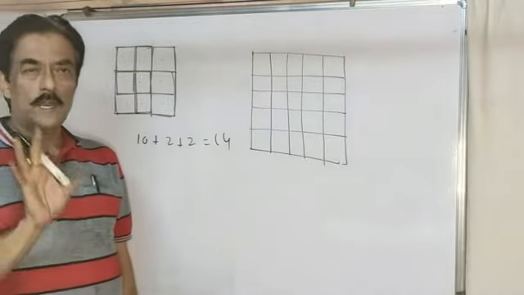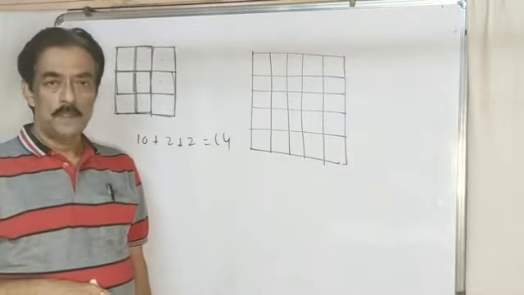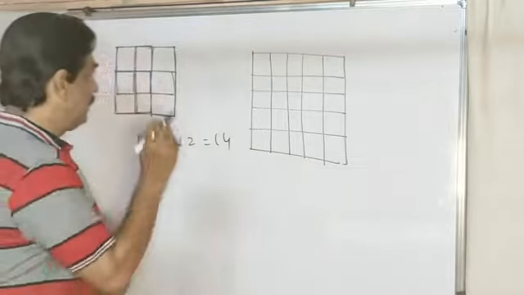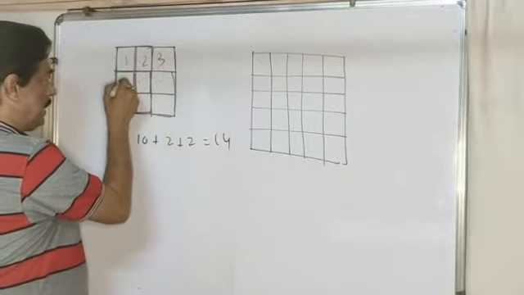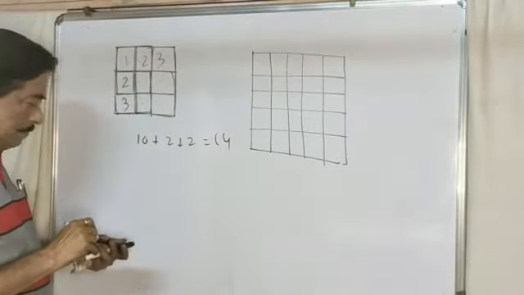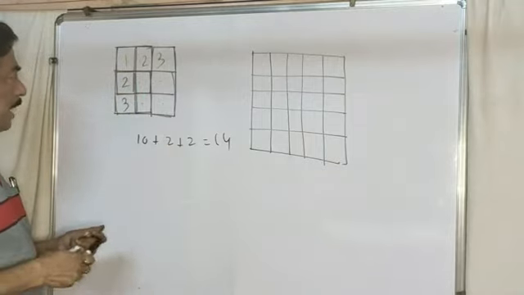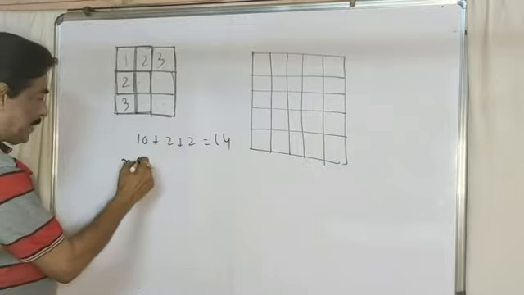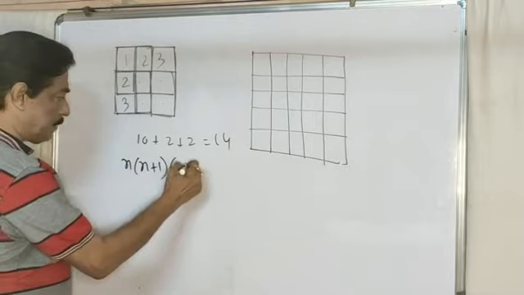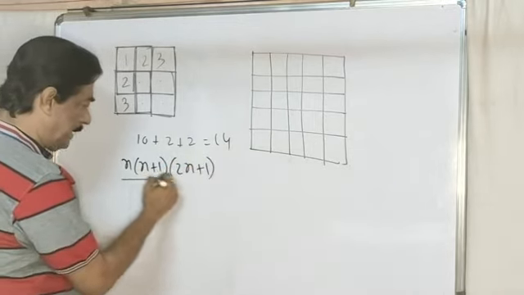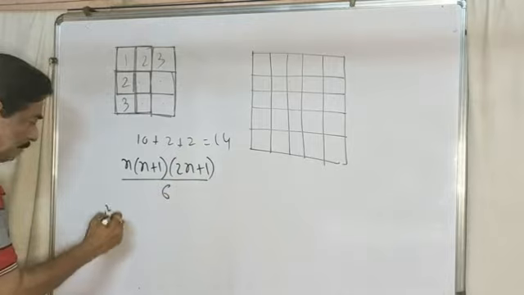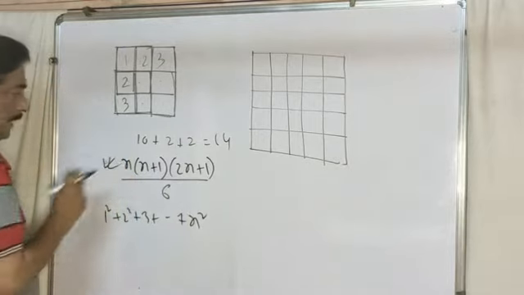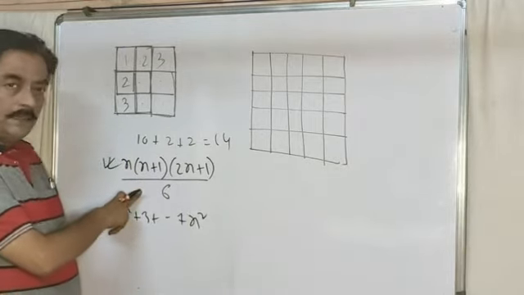First of all, this is one of the problems under number system. Because we are dealing with numbers, by the help of numbers we can do whatever we want. Now, number is 1, 2 and 3. First case condition: horizontal maximum number and vertical maximum number is 7. Then we can apply the rule n into n plus 1 into 2n plus 1 by 6. We know this is an important chapter for AP and GP. 1 square plus 2 square plus 3 square up to n square, we can get this result. This result can be applied to the counting of chessboard problems.